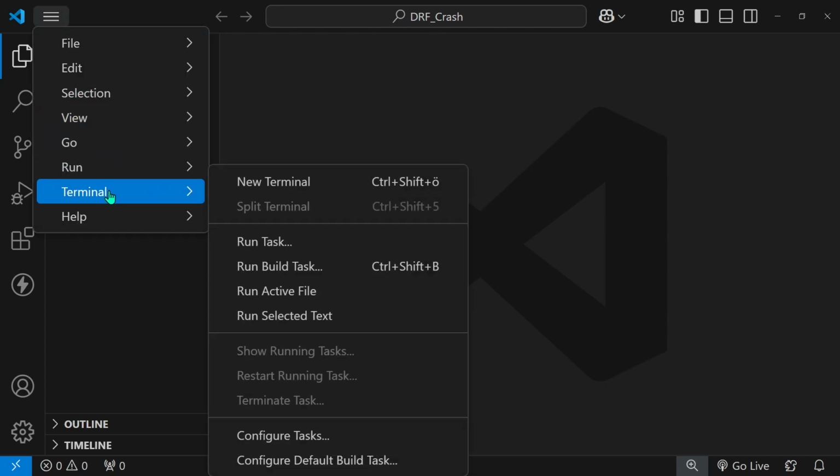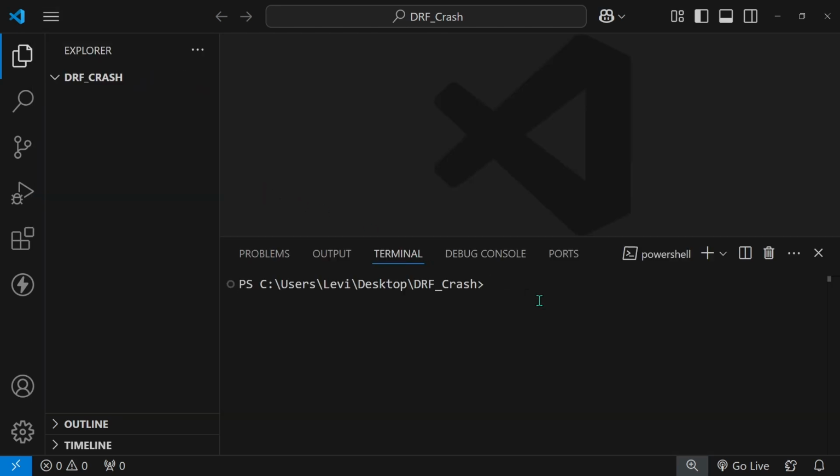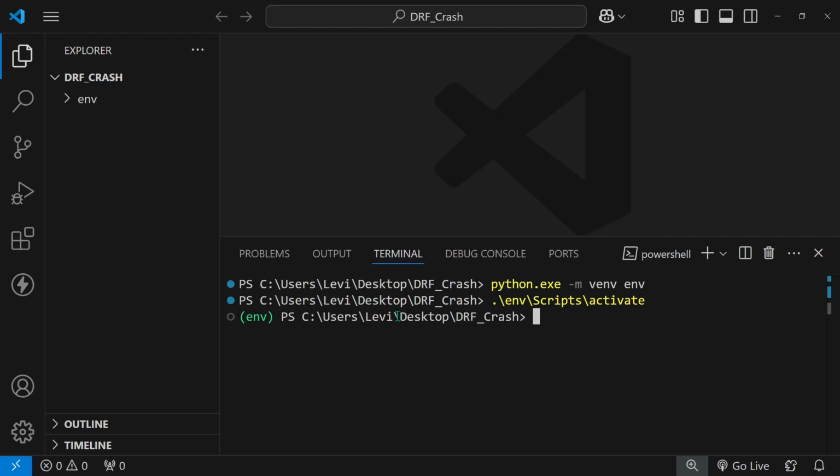First thing that I'm going to do is open a new terminal, and I'll say python -m venv, as in virtual environment, and I'll call my virtual environment env. Once I run this command, you'll see that a folder gets created on the left hand side, and we'll be working in this virtual environment so that we don't install packages globally. Once this is created, I will say /env/scripts/activate, run that, and we'll be in our virtual environment,